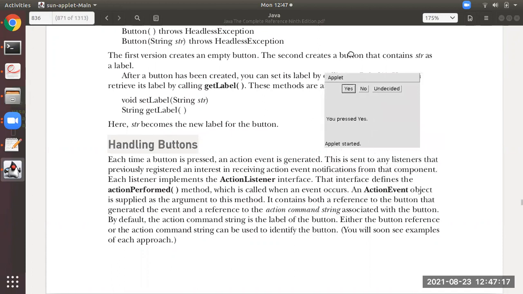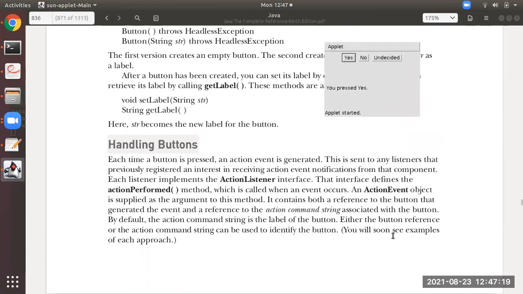For this, listeners will be there. As I have already mentioned in the last class, you can go through that video class. Listeners are nothing but, if a user clicks a button, that is an event generated. After the button is pressed, what should happen? The message should be displayed to the user again on the applet window.